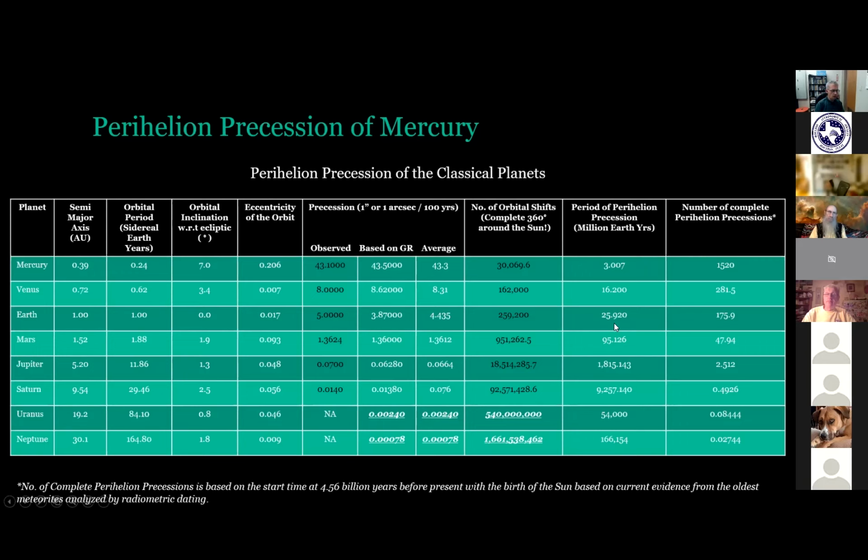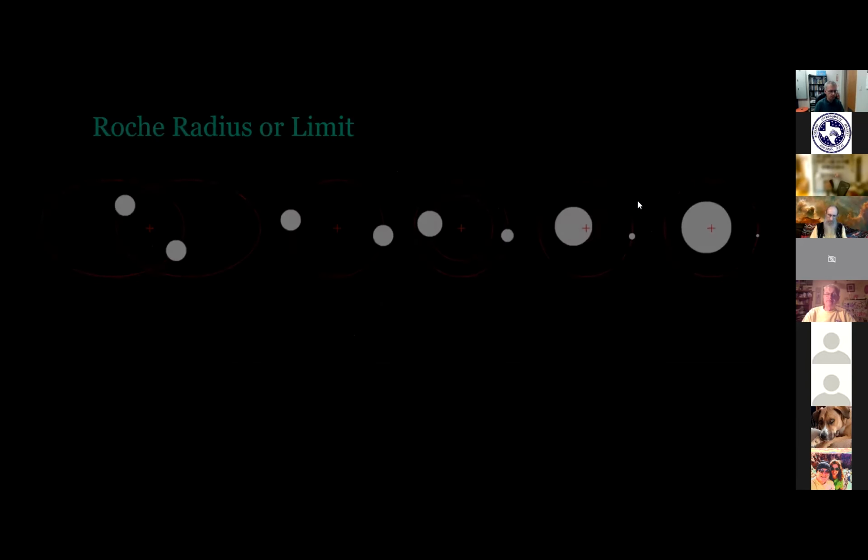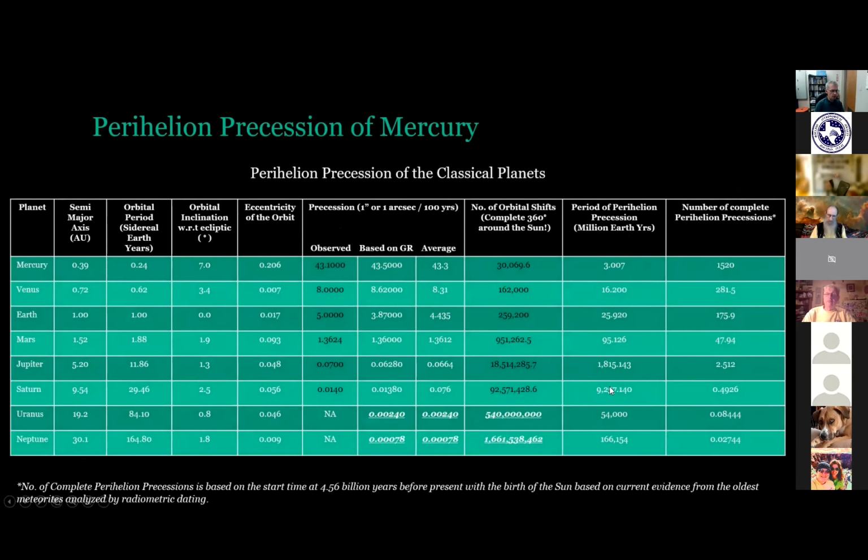For our Earth, it's 25.92 million years. For Mars, it's about 95.126 million years. You get around Jupiter and Saturn. Well, here's Jupiter, 1.8 billion years. Oops, sorry. Here's Saturn, 9.26 billion years. Uranus, 54 billion years. Neptune would have to take over 166 billion years for its orbit to wobble once around